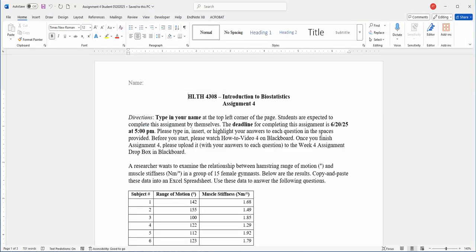Here's the assignment 4 Word document. Before you start, please type in your name at the top left corner of the page, and then you can proceed to answer the questions. Again, these questions will require you to use Excel. After you complete